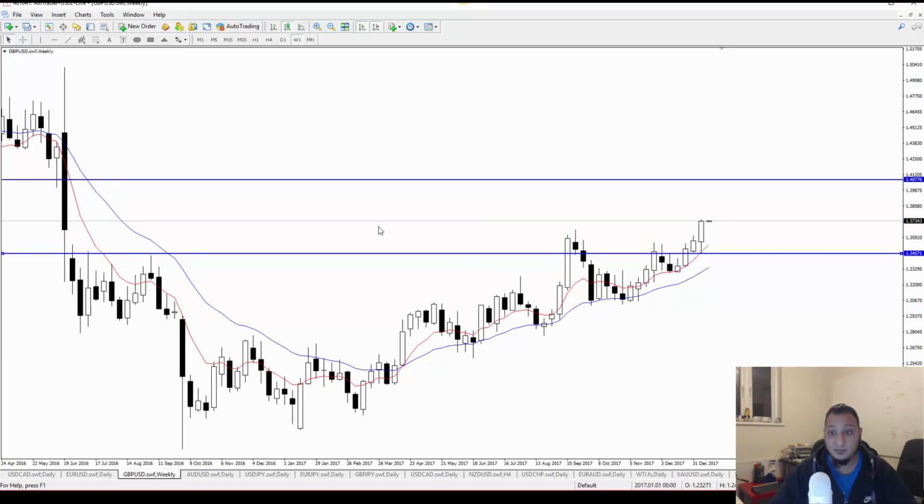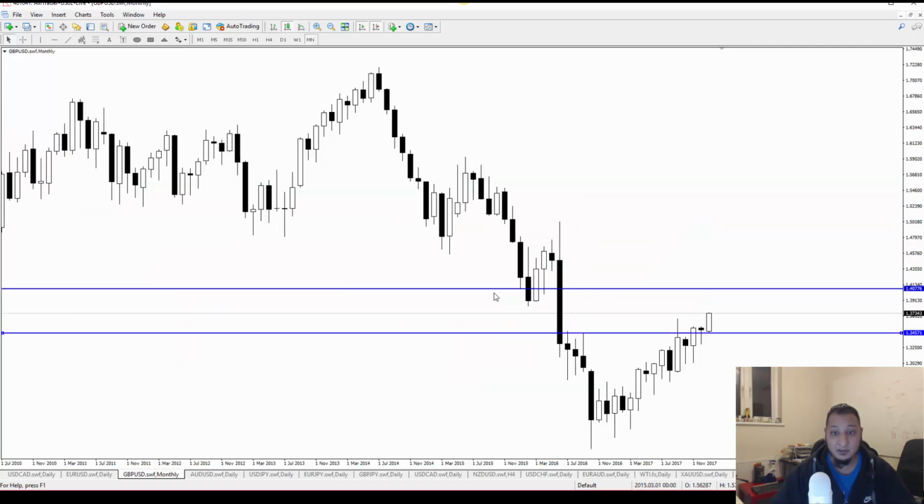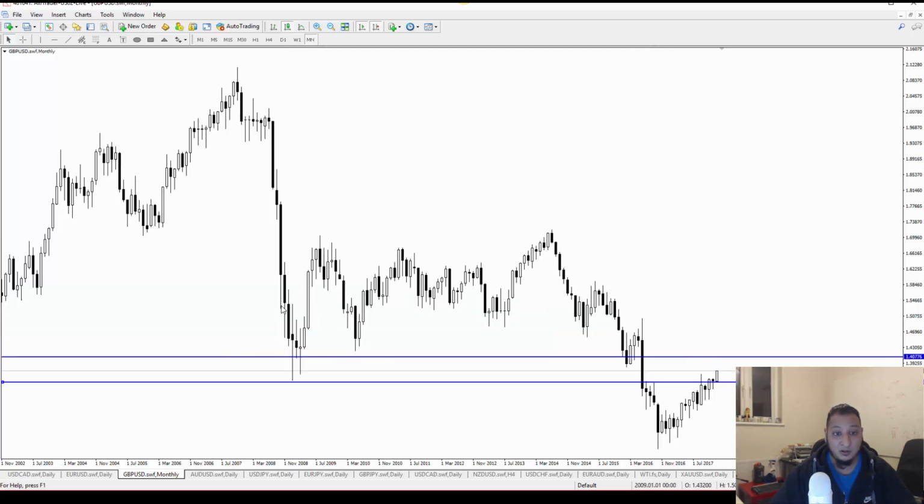The higher time frames showed continuations, and it probably will keep showing continuation. We're aiming for that high there, the near term resistance that's up there. Look at the monthly chart, around that area. Around this area. But I would actually say that is a better spot, as I've drawn it before, analyzed it. But around that area is a good